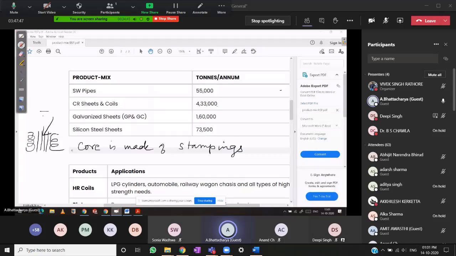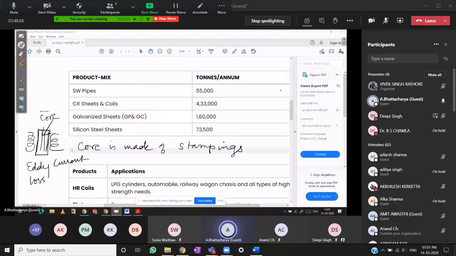Now this core is not made solid. Why is it not made solid? Because of eddy current losses. It means there should not be much difference between power in and power out. So if this is made of solid steel or solid iron, then there will be huge eddy current losses. So these are layers, stampings. You must have seen. Now, in order to control the eddy current, these laminations